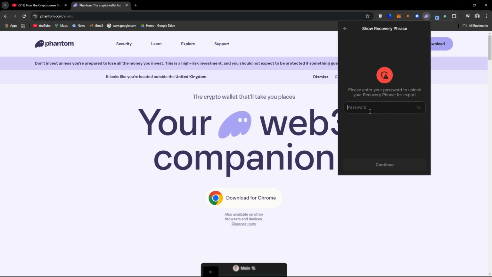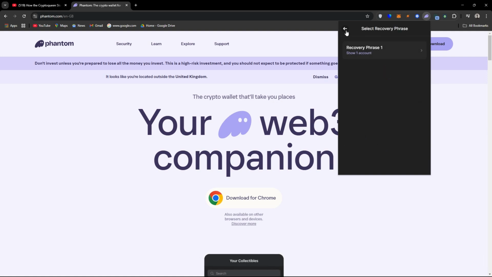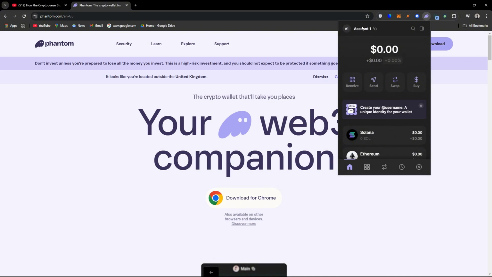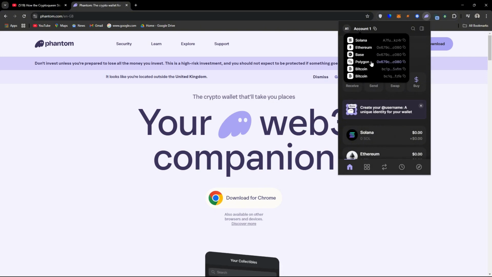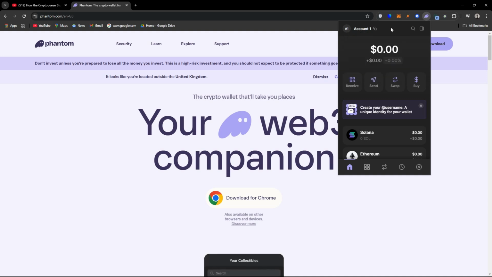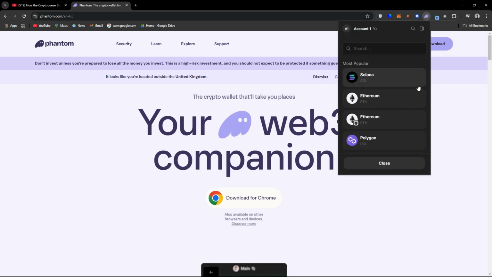That recovery phrase. Now, you can find all your wallet addresses right on the top here, and you can just click on that if you need to give someone your wallet address to send you some Solana or whatever it may be. When you want to buy Solana, Ethereum, and so forth, you need to click in here, choose what